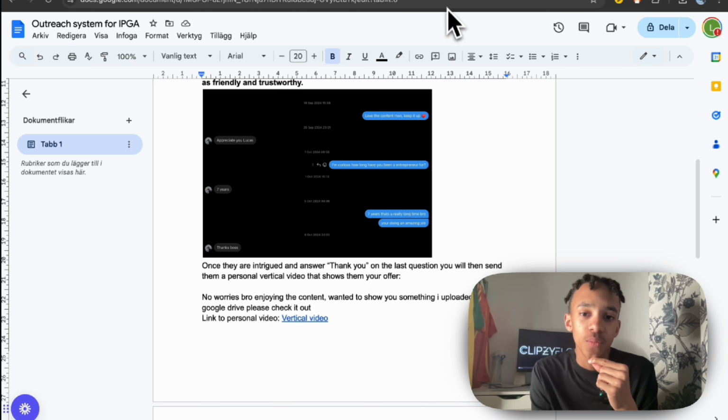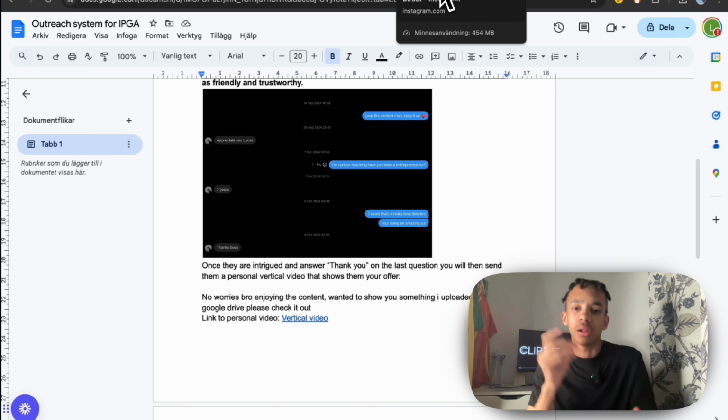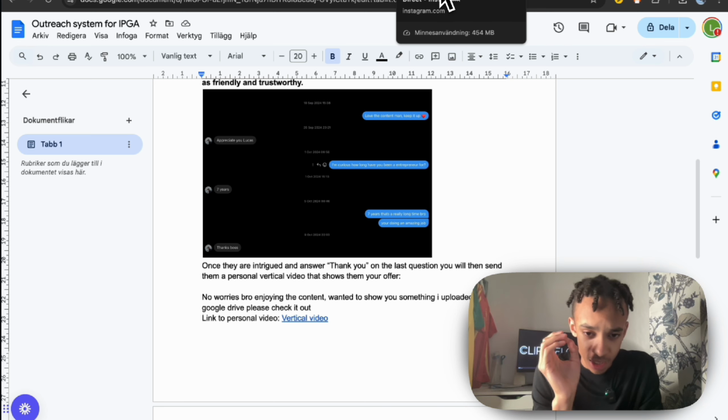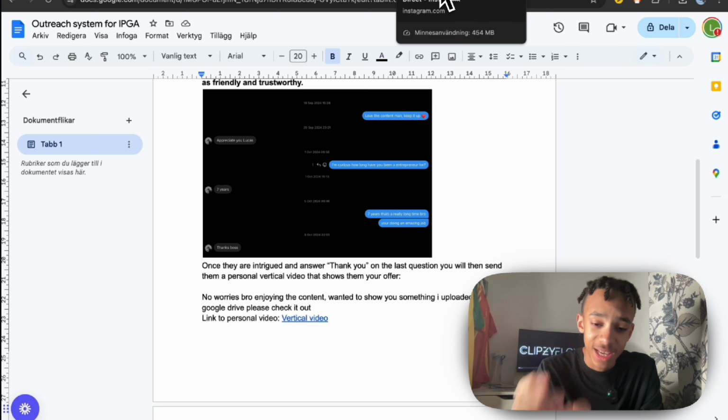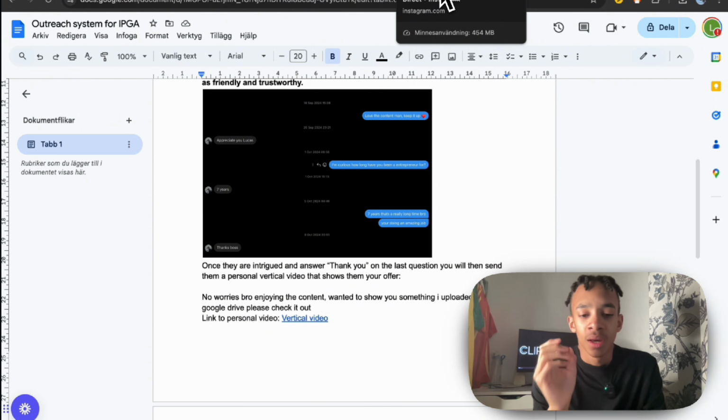What you can do is either send them a vertical video or a voice message. And here is where things get a little bit tricky, because depending on your business model, now this is for growth operating agencies only, and growth operators. You don't have to be an agency for it, but growth operators generally.